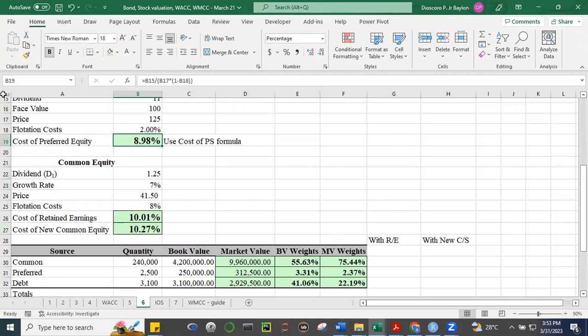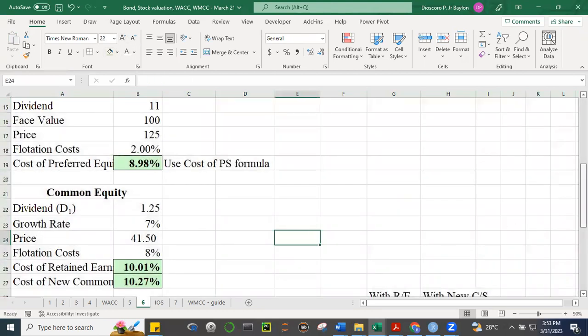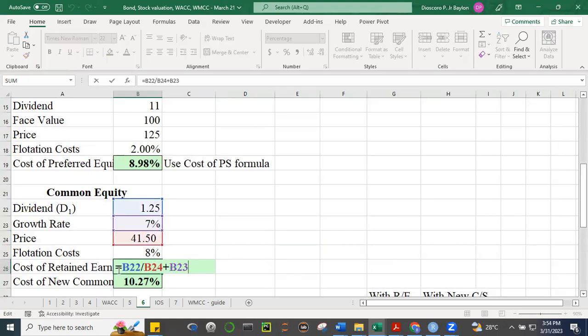Okay, and then for common equity, cost of retained earnings, ang difference nito, pag cost of retained earnings, walang flotation cost kasi it's assumed that the funds is already there. It's available for the company's use. So there's no flotation cost. So if you take a look at this, it's your dividend at time 1, which is already given, D1, divided by your P sub O, your price is 41.5, and you don't subtract your flotation cost, okay, because this is retained earnings, and then plus the growth rate of 7%, as compared to this one, where you have to net the price times 1 minus the flotation cost. So that's the difference.